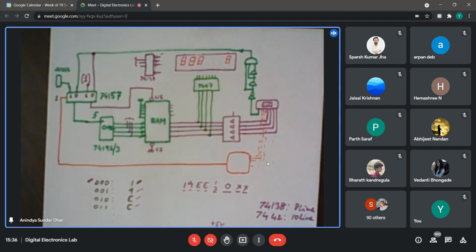But in real life, I think we do not really have to care, because this is for so small a period. It is basically the propagation delay time of those things, which is typically in the range of hundreds of nanoseconds for the 74 series chips at most. And your clock period, to even satisfy your persistence of vision, if you run it at 10 kilohertz or so, will be good enough. Or even 1 kilohertz might be good enough.